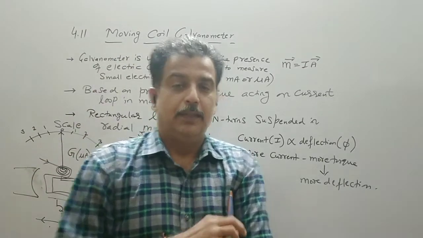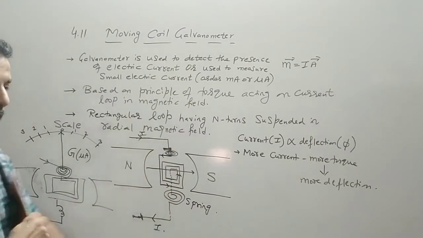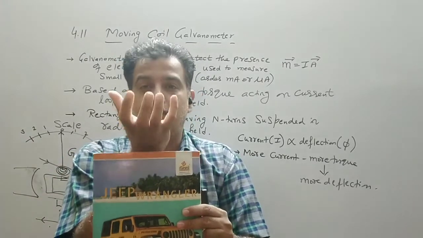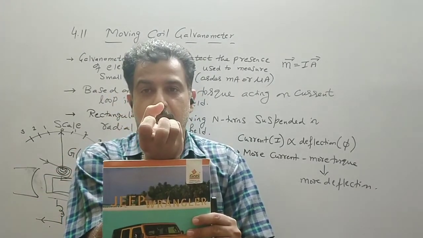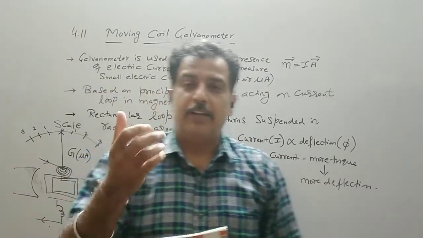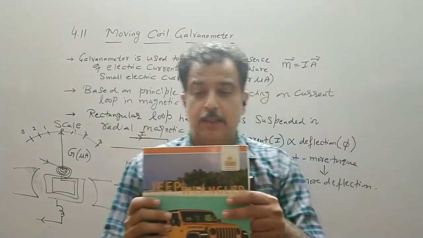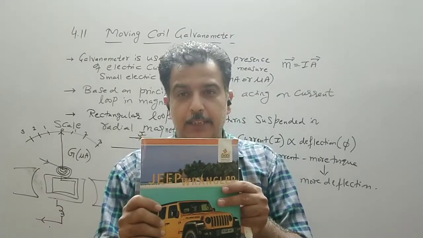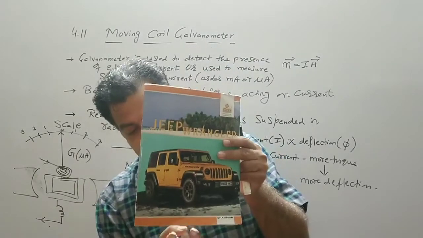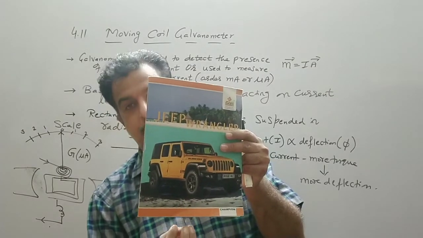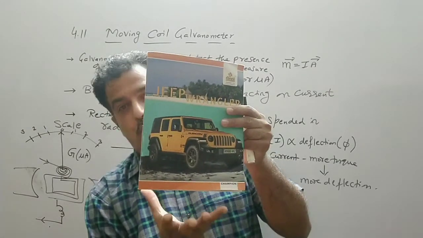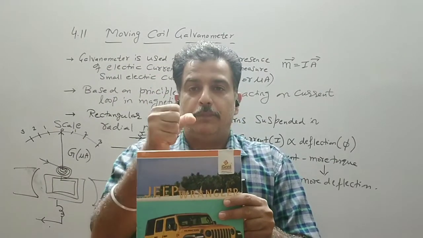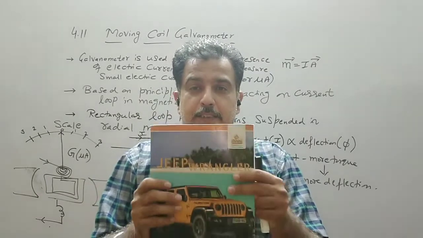At the same time, we have two springs also. Now when this coil is twisted or rotated, the spring on one side or upper side starts compressing. Now when the spring is compressed, we have a restoring torque also. So this is the work. When the current flows, work is done on this rectangular loop, it gets twisted, the spring is compressed, the spring at the other end near this opens up. This spring opens up and this spring is compressed like this. So why is it compressing? Because this coil is deflected.